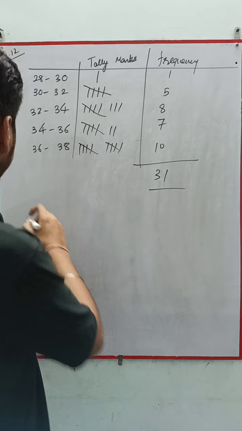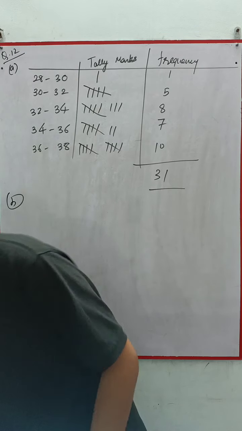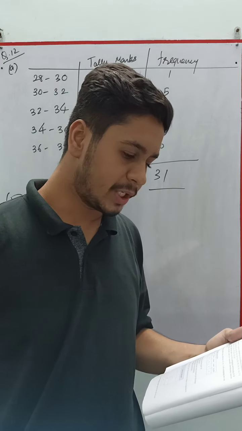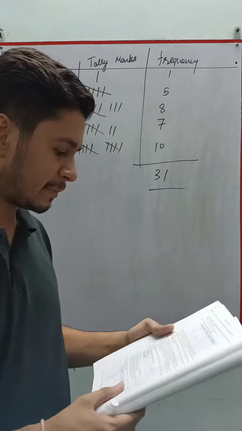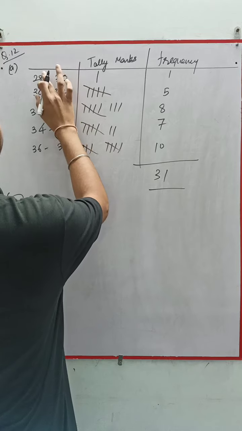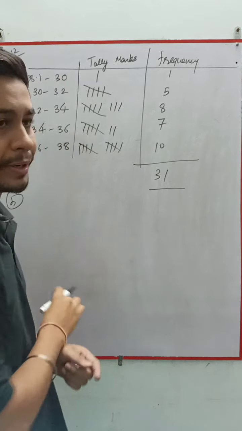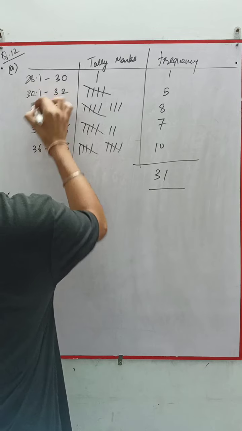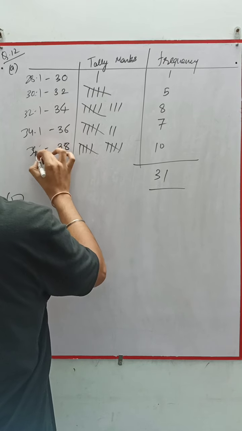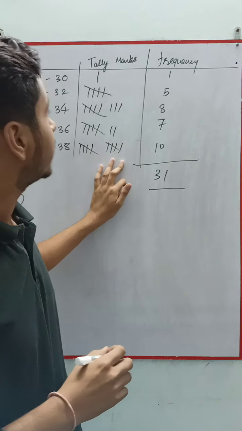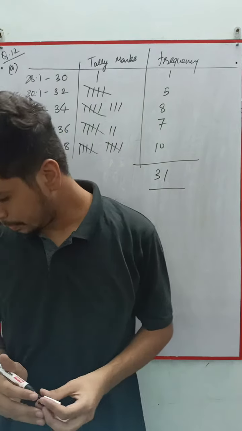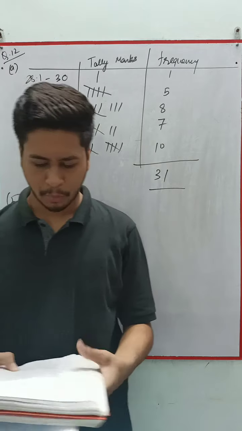Alright, now if you see the second one, what is the second question? Construct a frequency table with tally marks, 2 consecutive non-overlapping intervals being 28.1 to 30 and 30.1 to 32. Okay, so this interval will change into 28.1, 30.1. This will be 32.1, and similarly these two. Now there will be some changes in the data also. So again you need to look into the data, make the tally marks and then the frequency. I hope you will do this question. You won't find any problem in it.